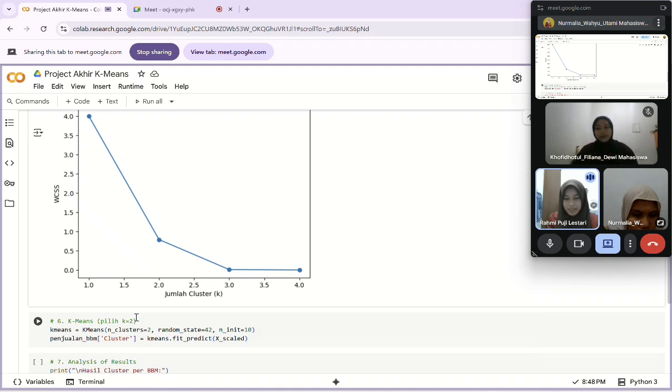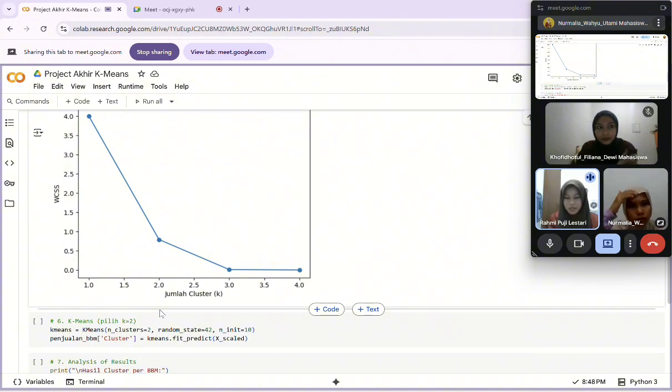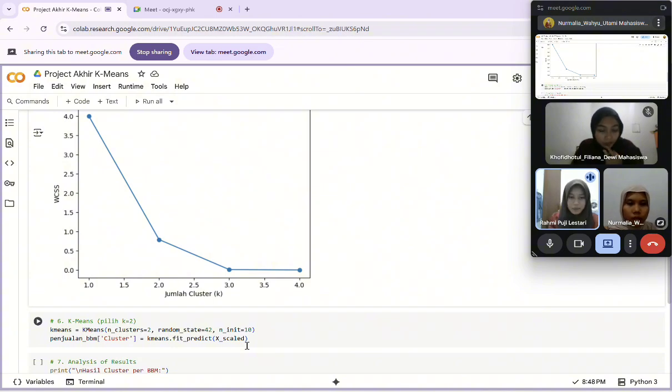As a result, a new column named cluster appears in the sales table, indicating which cluster each type of fuel belongs to. This cluster can be interpreted as a high sales group and a low sales group. Here we run the code.